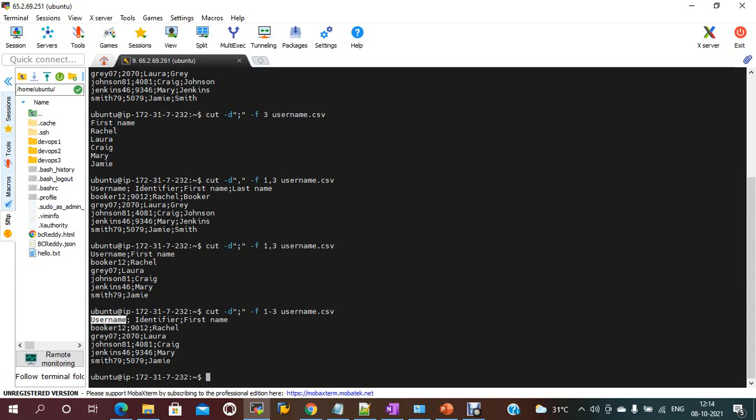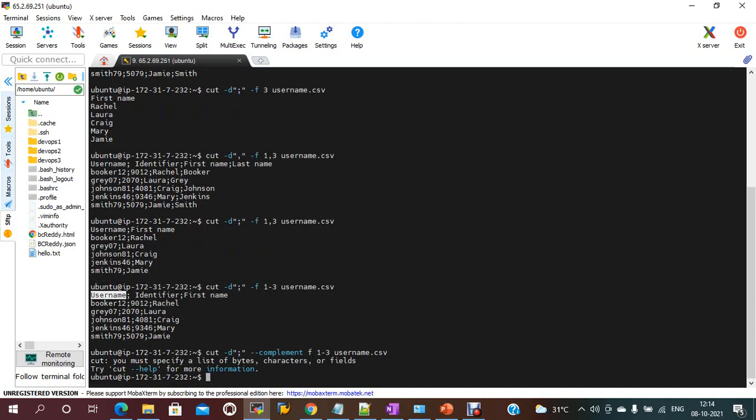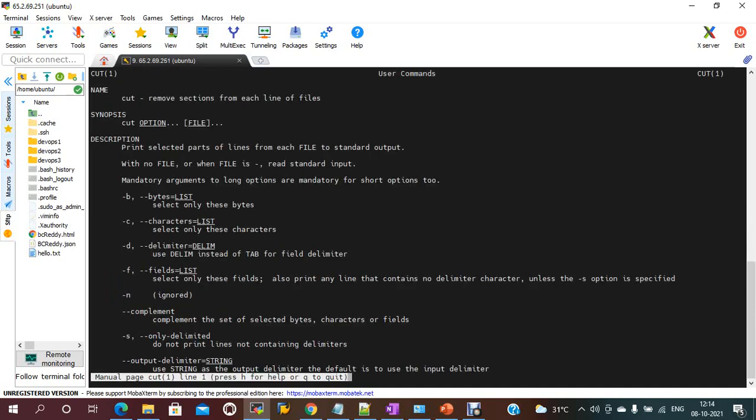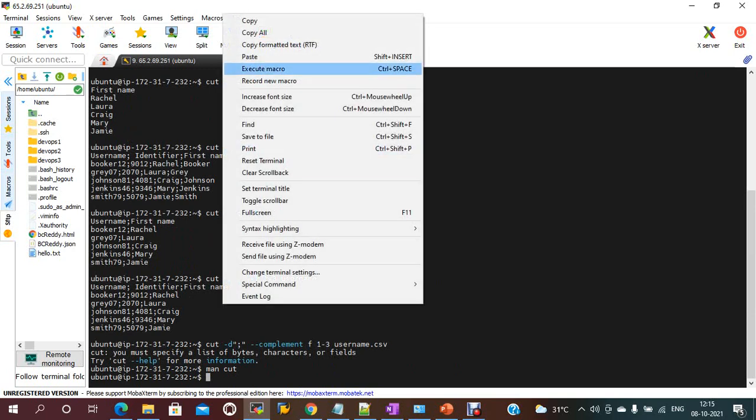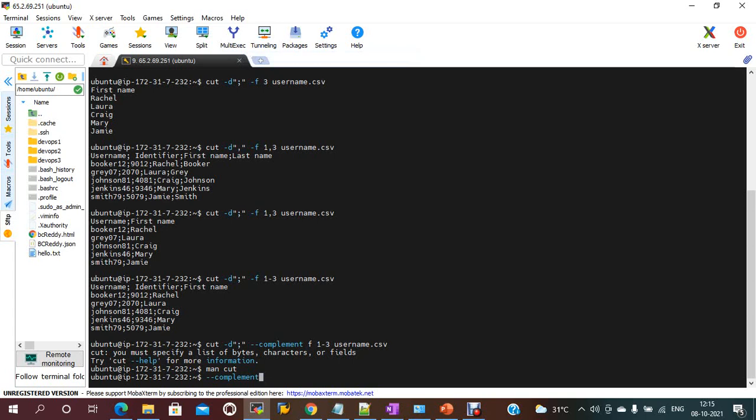So instead of what I said here, the same command, if I give hyphen hyphen complement, the complement spelling is a mistake, so let me check man cut. cut -d, I'm using the semicolon delimiter, --complement.